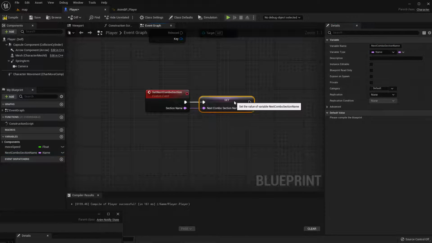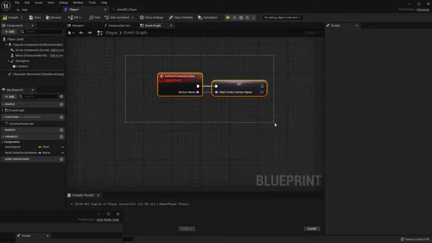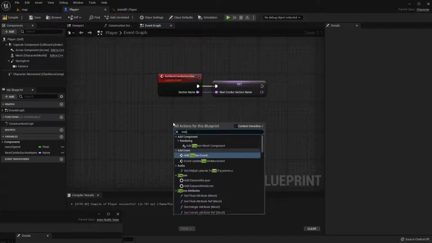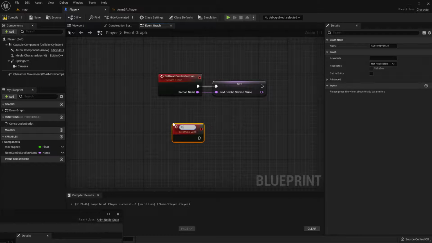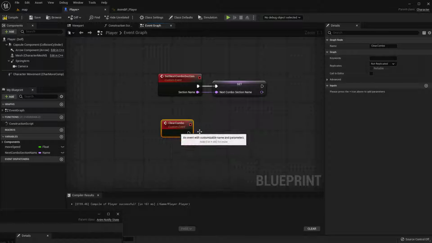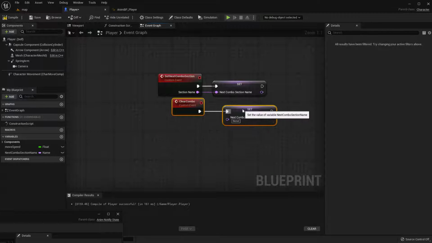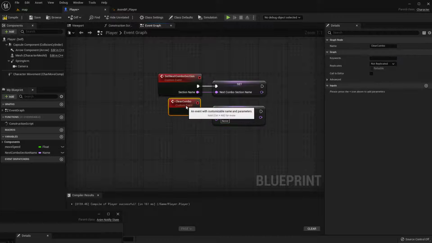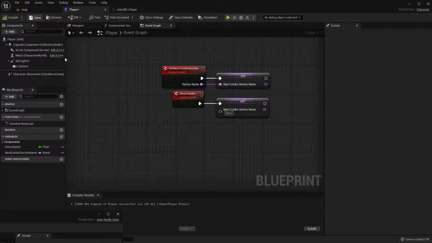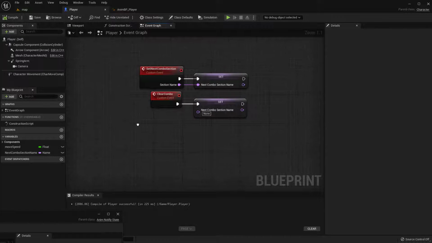Okay, now while we're here, we can also create another custom event and call this one clear combo. Okay, and then this one basically sets it to nothing, to name none. Okay, all right. Let me compile and save it. Okay, so back here now to the animation